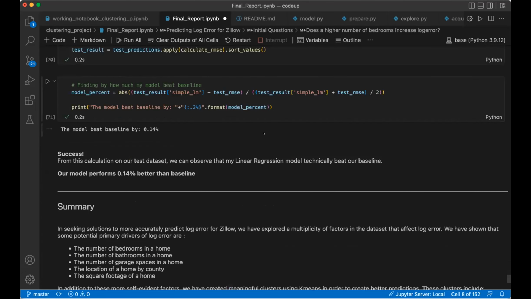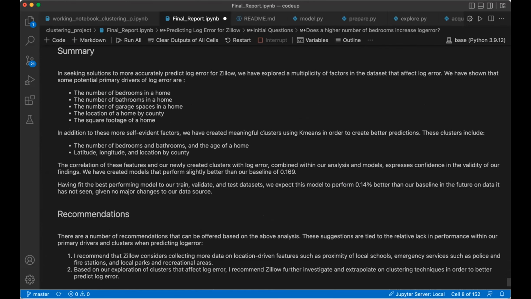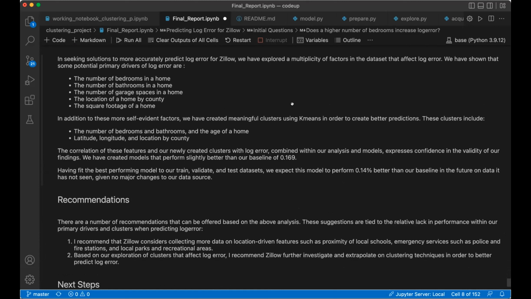and found at the end of the day, my model marginally beat baseline by approximately 0.14%. So what does this tell us? I think really we could do a better job of predicting log error if given more time and ability to really dig down and analyze this data set, perhaps produce better clusters. However,